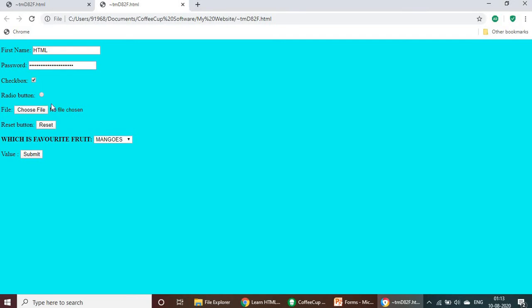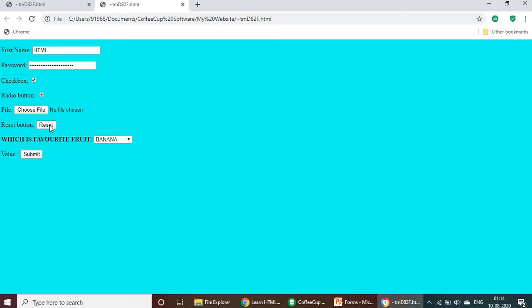And the next, checkbox, sometimes it's required. And the radio button also you can do. And the file, you can choose any file and save that. Then the option button, the drop downs, you can have a lot of drop down values. You can select any value from this particular drop down. And also you can reset.